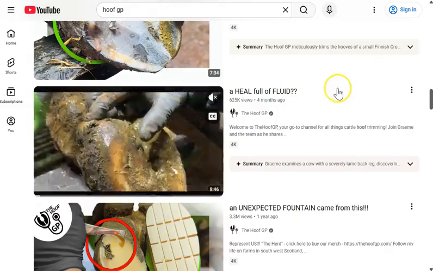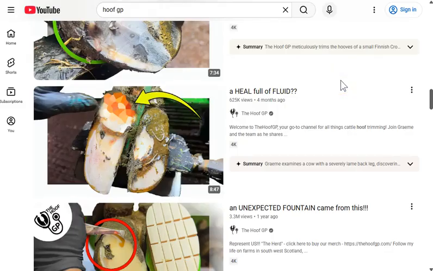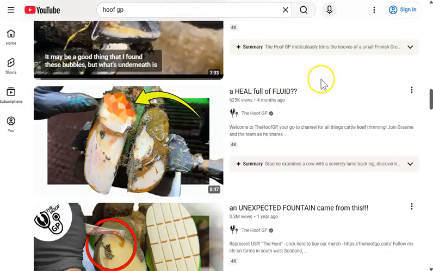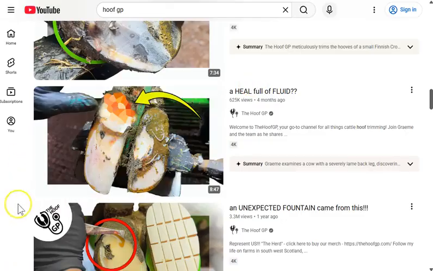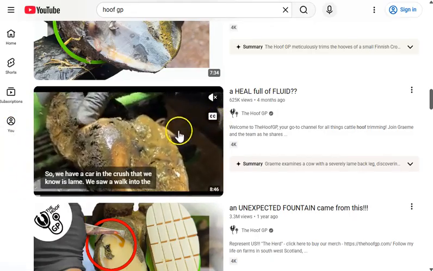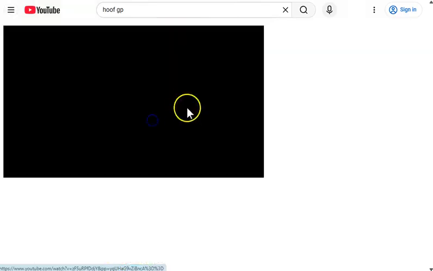I also want to acknowledge that on both of these thumbnails, they do a really good job of having it pop out from the screen. Notice how there's a white border there, and then they have the hoof and the hands and everything else going beyond that. So it's coming out of the screen a little bit with the look of it. It's kind of interesting. So what I'm going to do is open this video up,